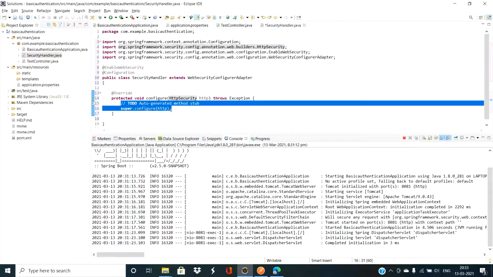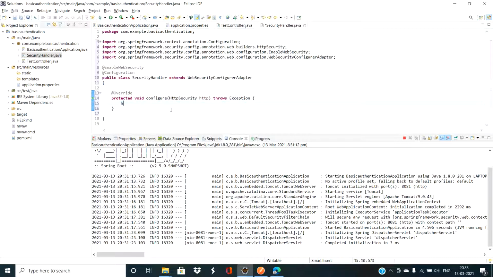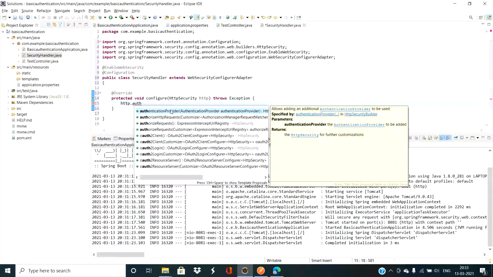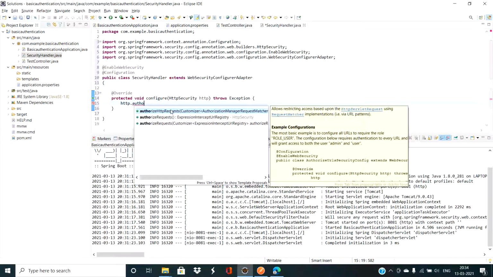We'll see what we can do with this already provided method. So http.authorizeRequests. Yes, authorizeRequests.